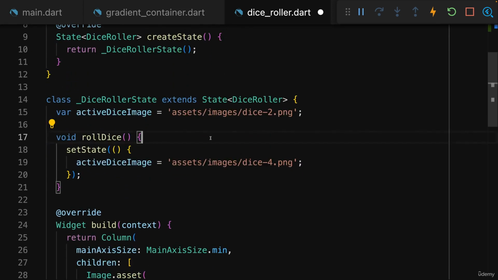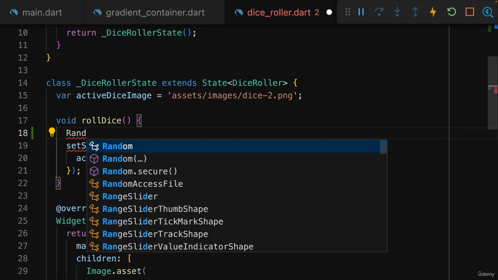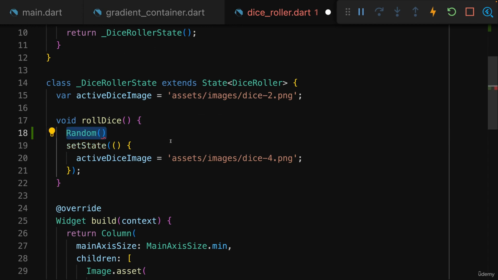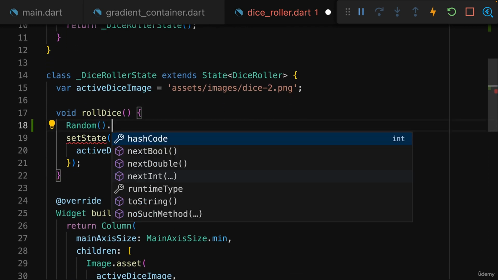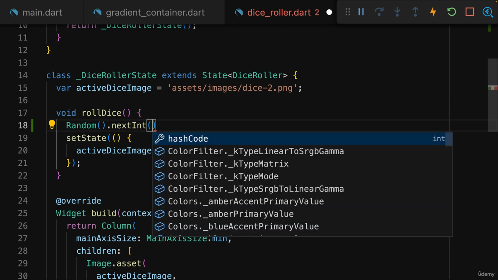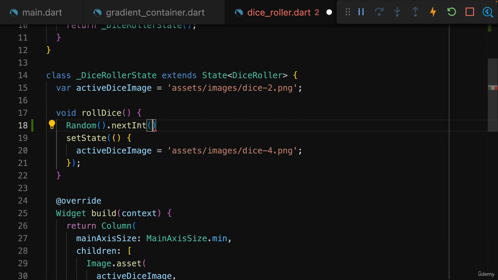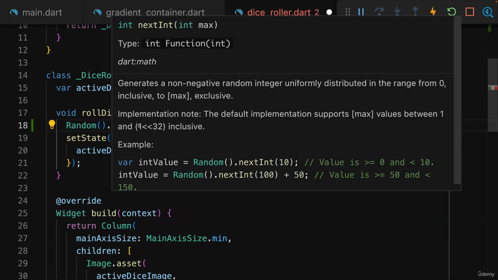To be precise, here in rollDice, I now want to use the Random constructor function, which is provided by Dart's math package, to create an object that has various methods that help us with the generation of random values, random numbers. Here, for example, the nextInt method. nextInt can be called to generate a random integer, and for that, nextInt actually wants an input, an argument, which is the maximum, the highest possible integer that should be generated, though that value, as we can read here, will